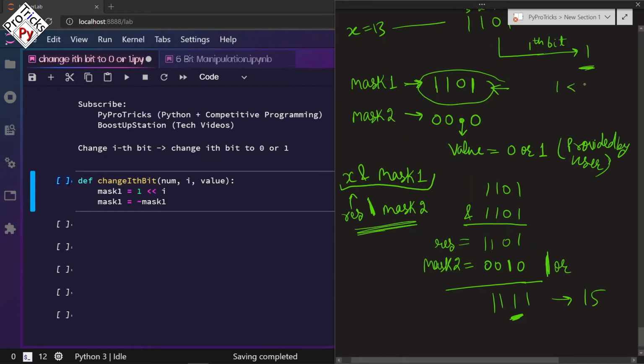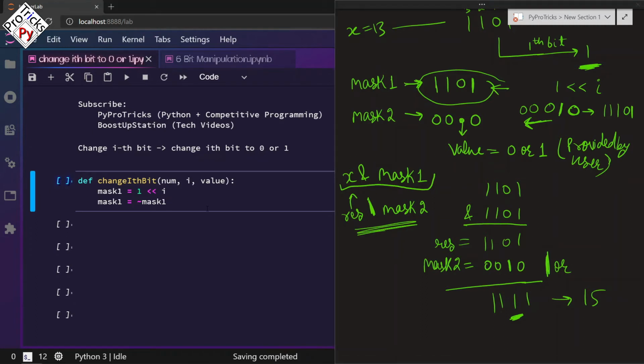First of all, we will left shift 1 by ith places, which will give us, as here we have only 1, so 1 0 will be added after 1, and we also have zeros in all other places before this 1. Now if we do NOT of it, we will be getting 1 1 1 0 1. So now we got the mask 1.